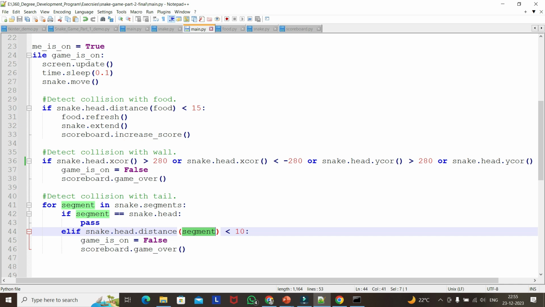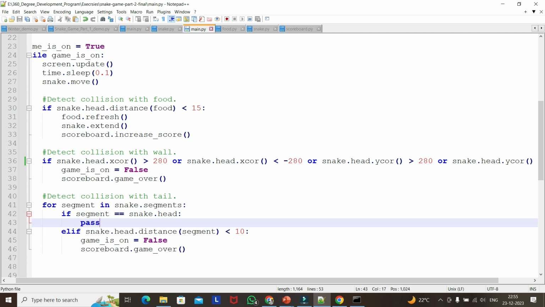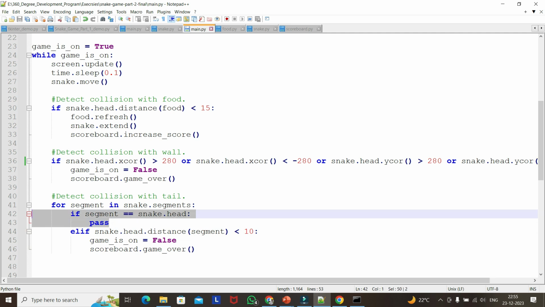We already used this distance check for food detection. Similar kind of stuff we are checking for the segments, whether the distance between the head and the segment is less than 10, then obviously it already hit, and then we should call game over. But why are we passing this one? Let me comment this out. If we don't give this,